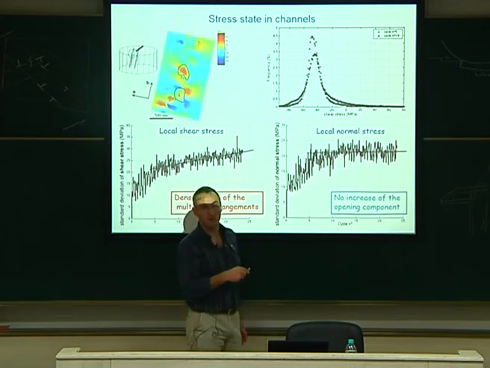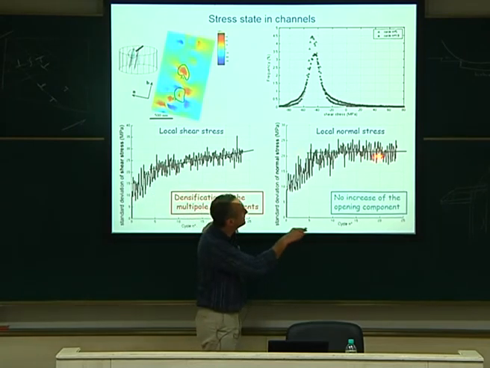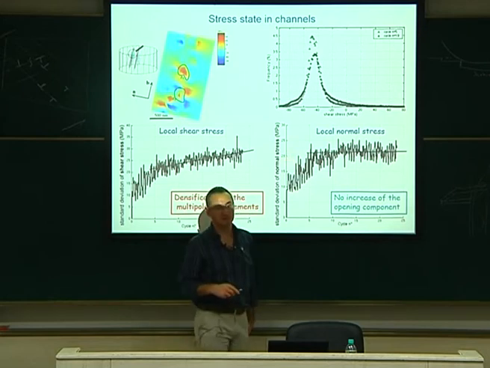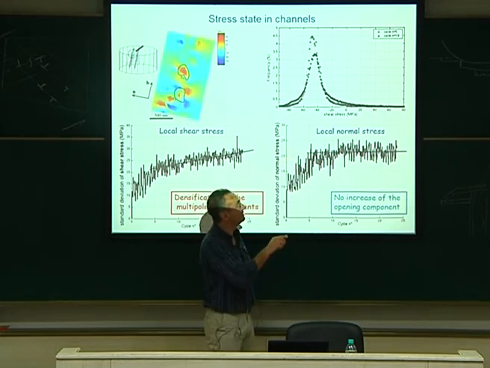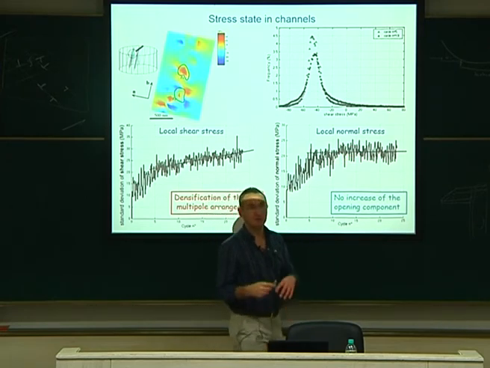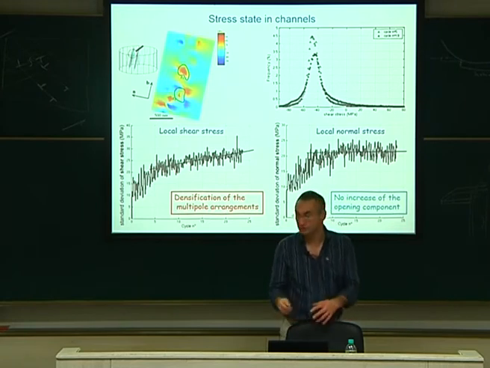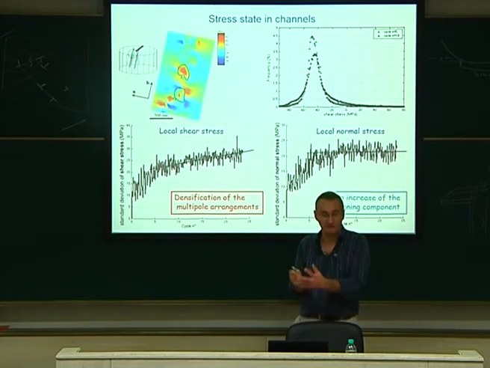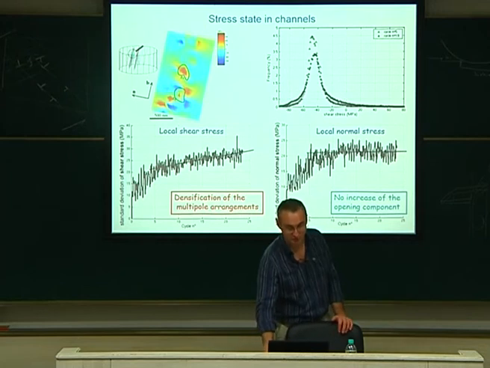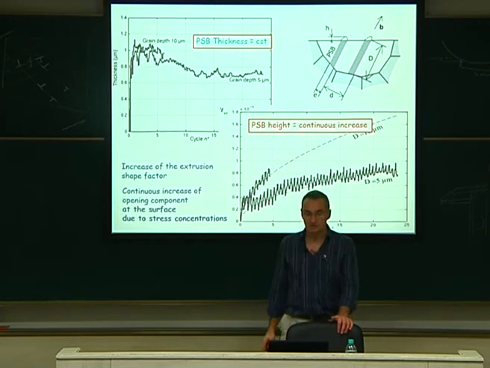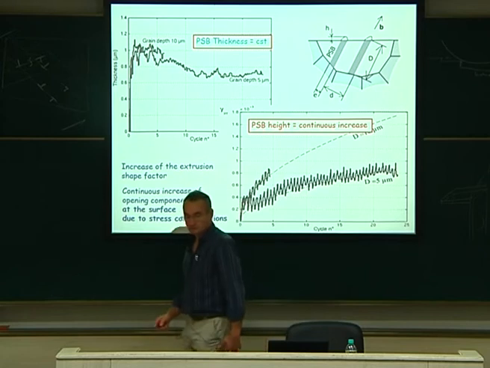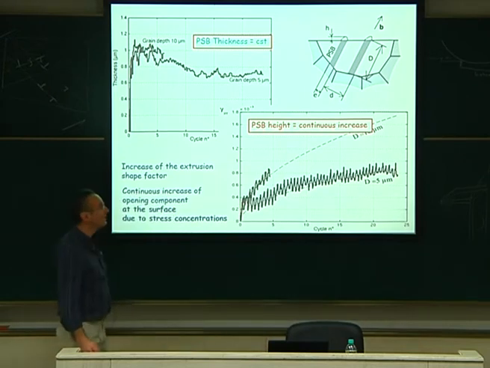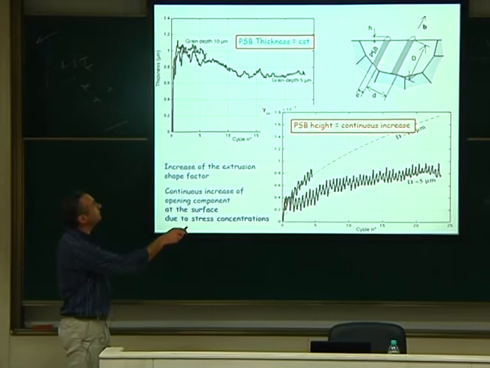I cannot open the crack at that place because I have not enough stress to open the crack. The stress is too low to open the crack inside the persistence band. It will never increase. If it was increasing, I would say yes. No, here it's not. So my conclusion is that no, the crack could not be located at that place. You have enough energy, but not enough stress. Not the opening component of the stress. So if it's not nucleated in the band, where is it? It will be at the surface, actually.